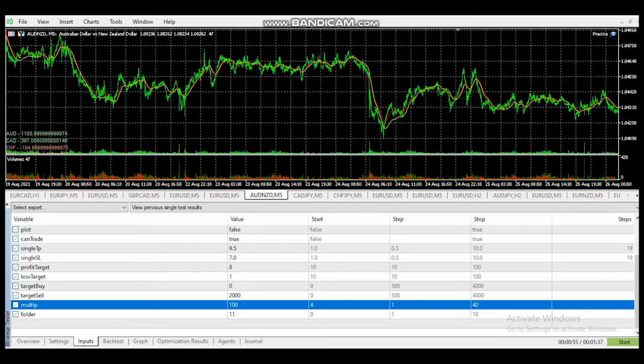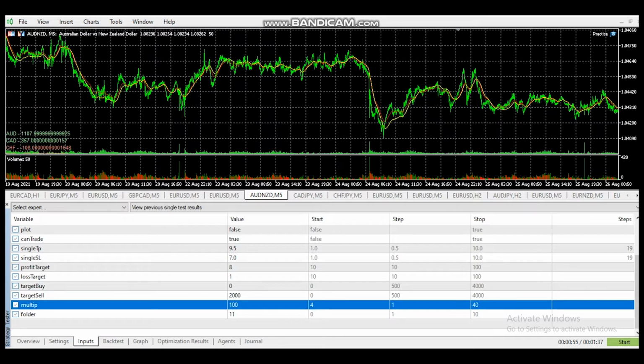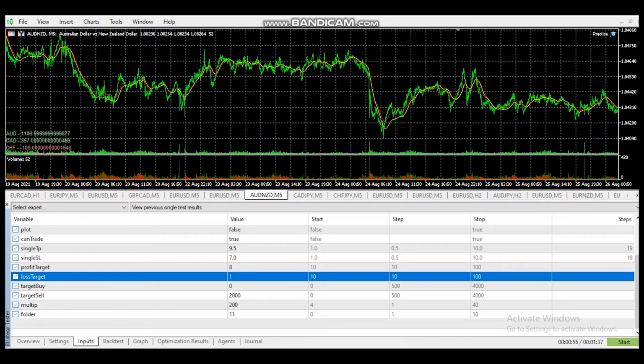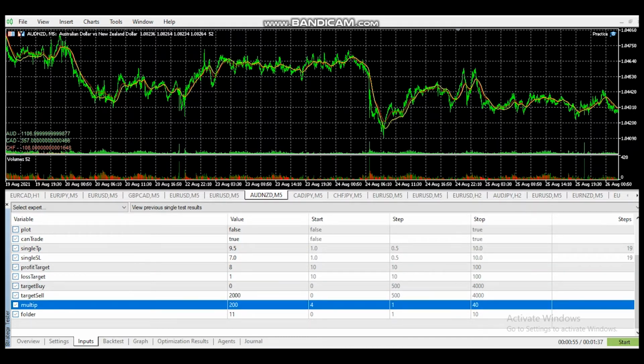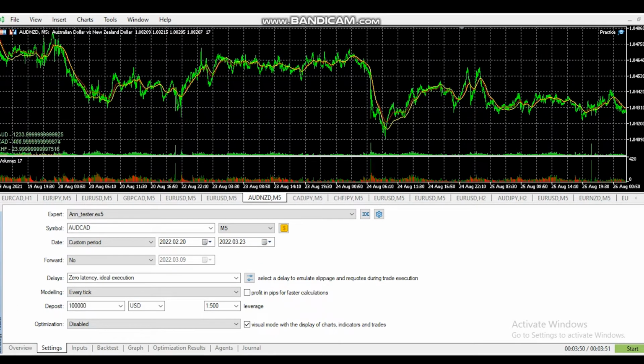Yes, so I guess since the demo is on 100,000, I think we can use maybe, let's say, 2 lots for each trading size, for each trade that it enters. So we do that, and then we say we want to test it for 20th to 23rd. As I mentioned, I've already generated the data, and now we can just see how it performs. So if we start that,